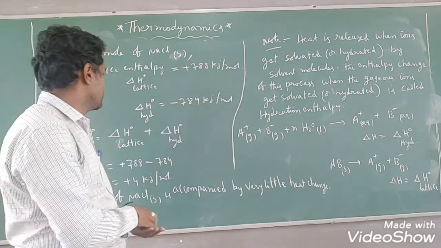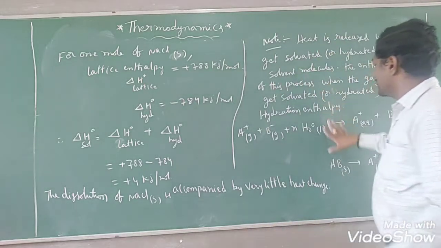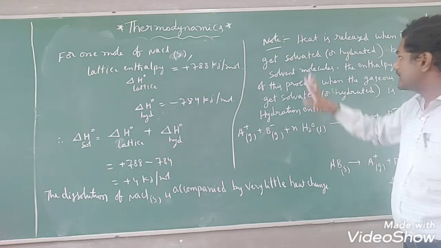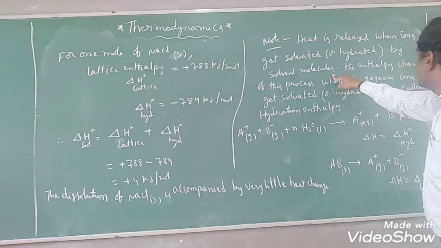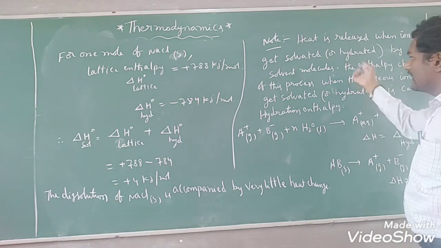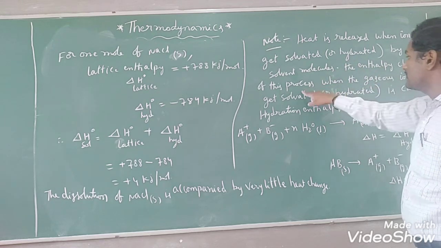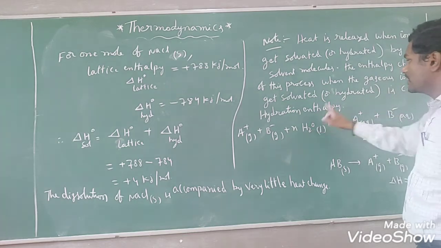What is the hydration enthalpy? You may ask a question, because of that reason I have written a note here. Heat is released when ions get solvated or hydrated by solvent molecules. Ions get solvated whenever the ions are present in water, the solvent, right? The enthalpy change of this process when the gaseous ions get solvated or hydrated is called